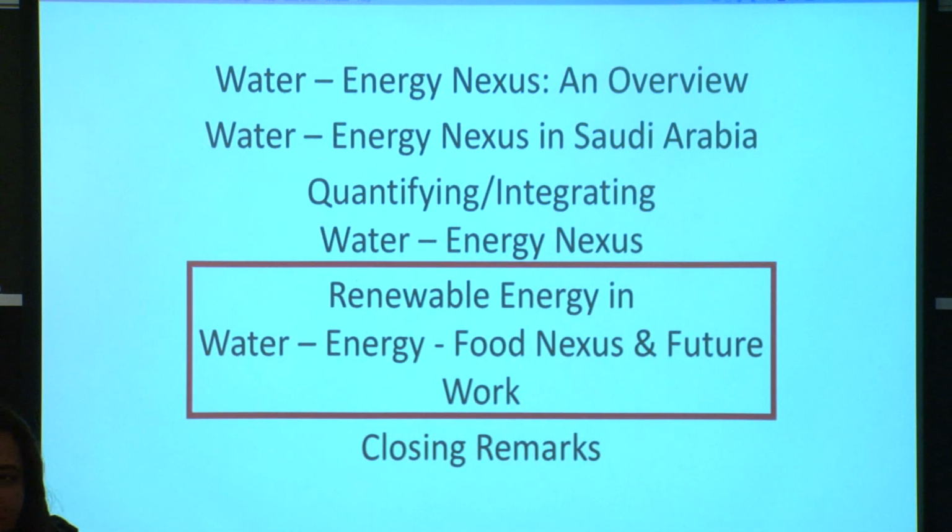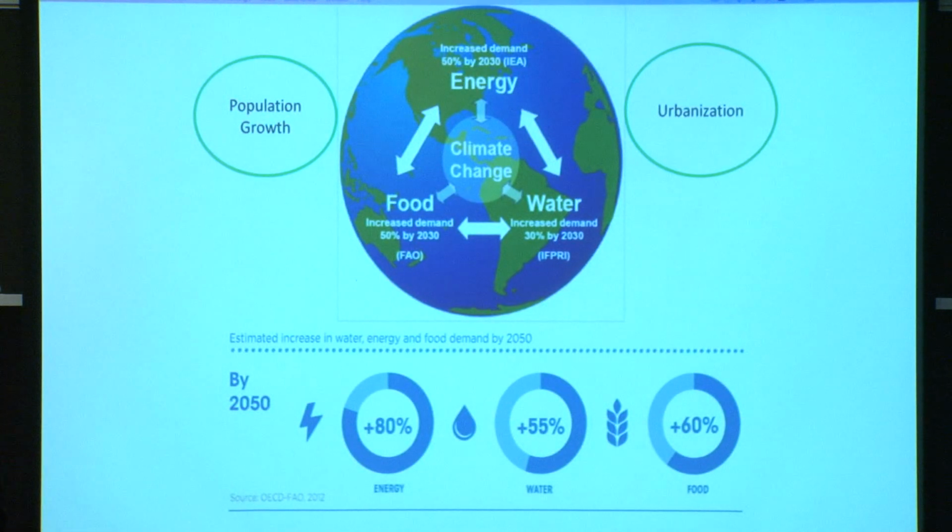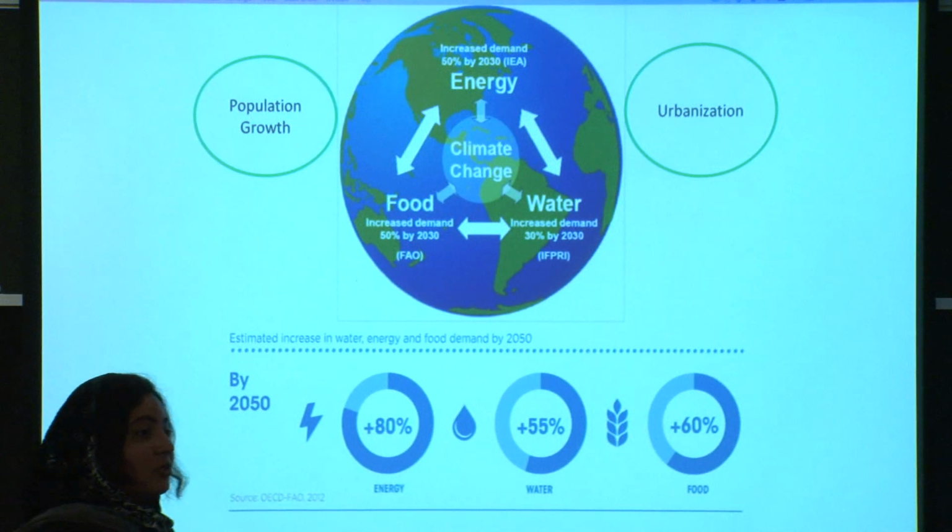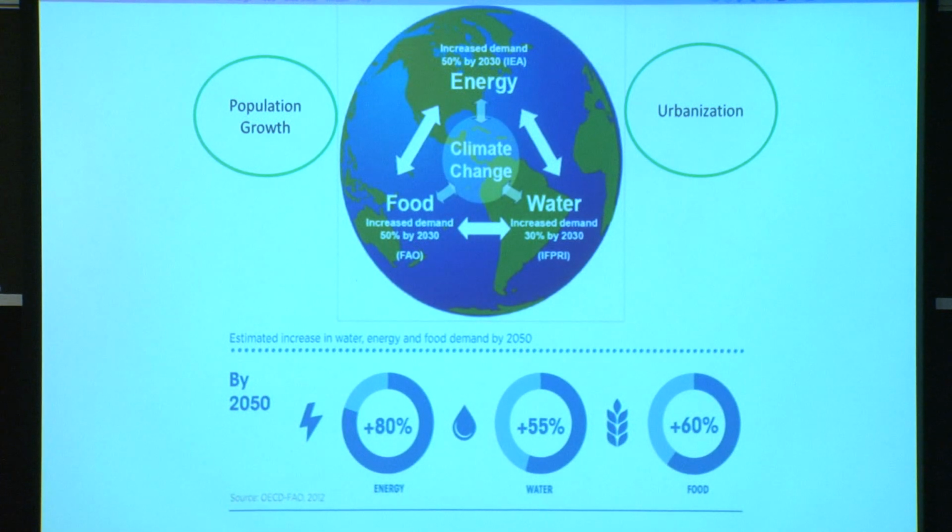And now we'll talk about the future, using renewable energy to look into the Water-Energy Nexus. And if you notice, I added the word food, because it's very difficult to not add it into the equation. So in the future, we will have an increase in the population, and the demand will increase for more energy, more water, more food, due to 3 main factors: climate change, the heat waves that are coming, and the urbanization, population growth and globalization. So it's not only Saudi Arabia that's facing these challenges, it's the whole world, and we all need to think of a sustainable way to produce all the needed resources, which is water, food, and energy.